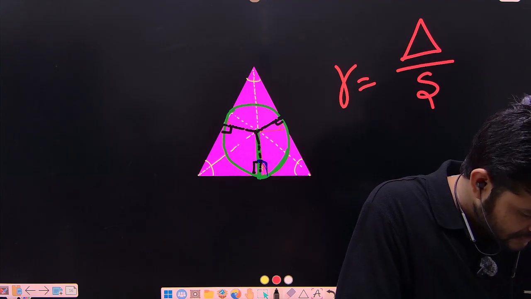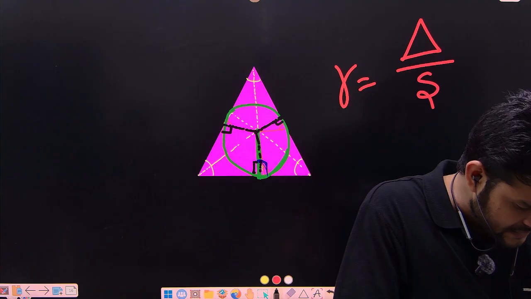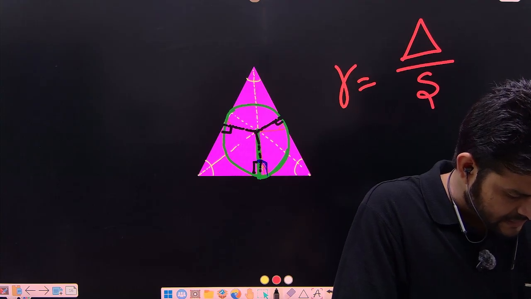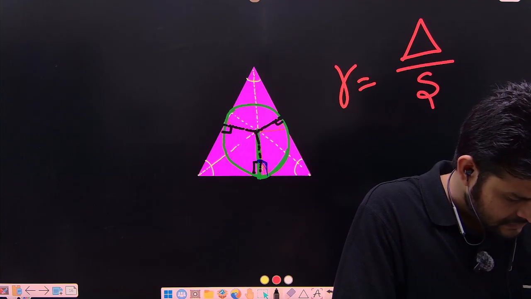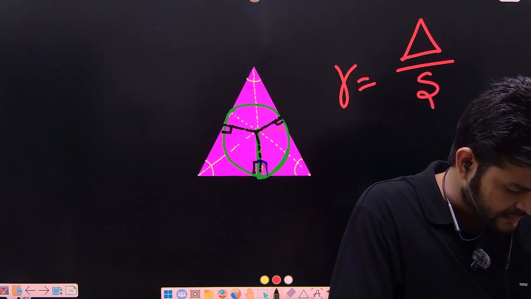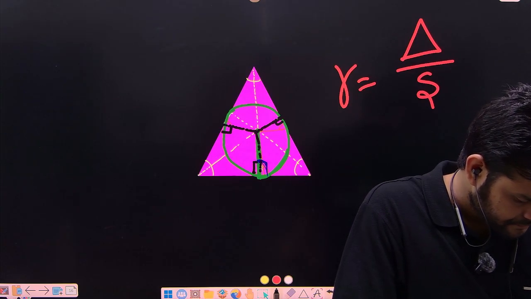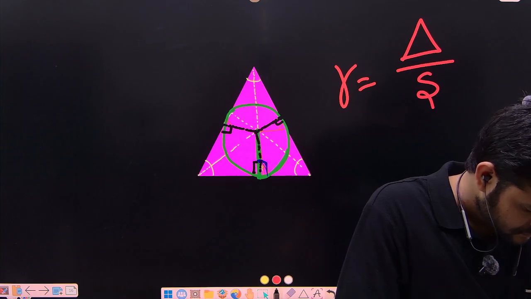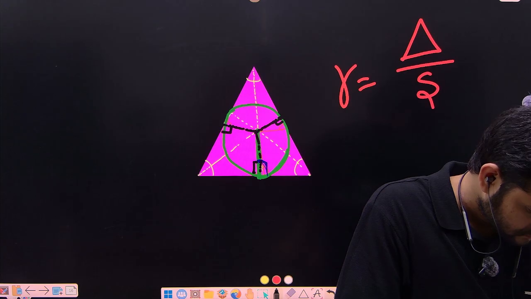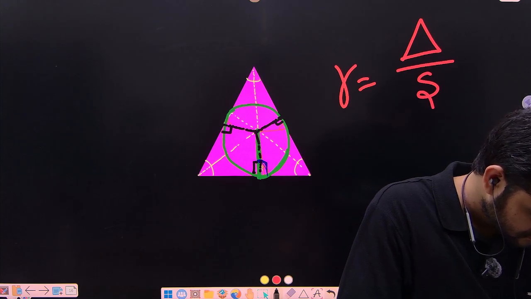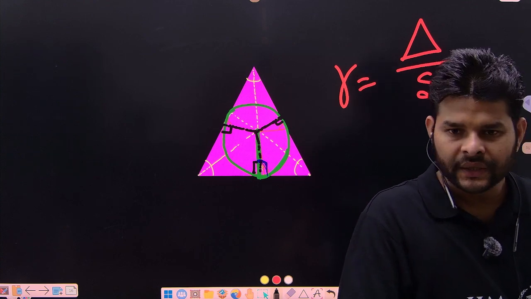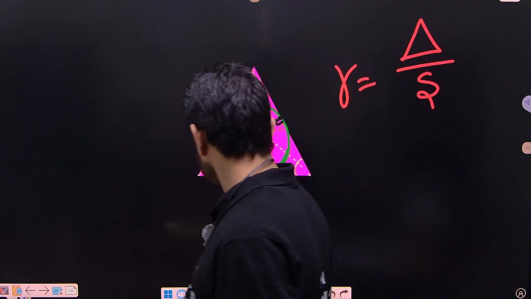Write it down: the center of the incircle always lies inside the triangle. Got it? Now the second point is,